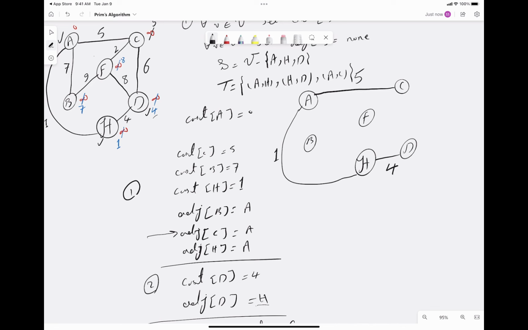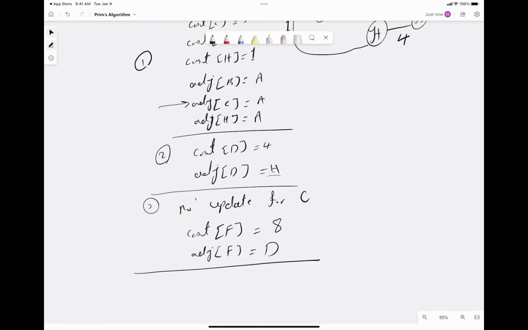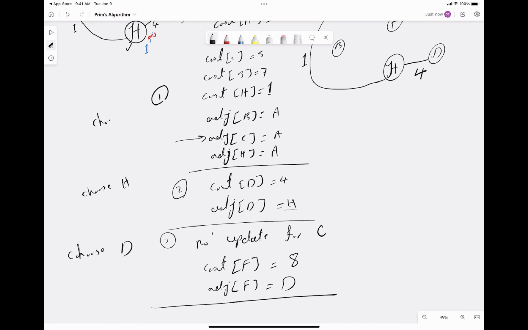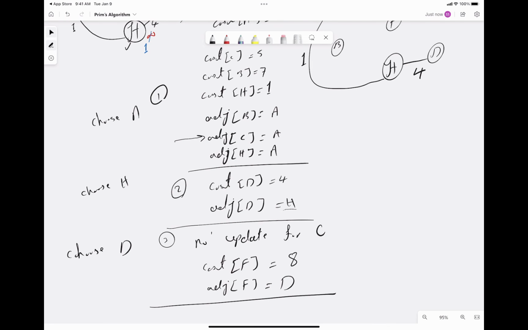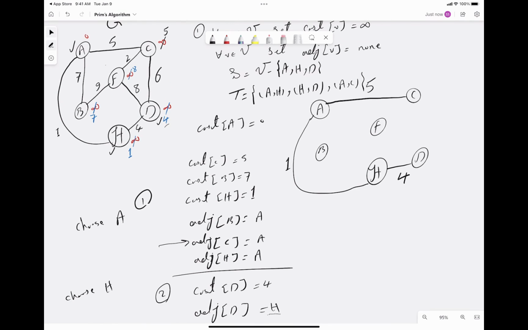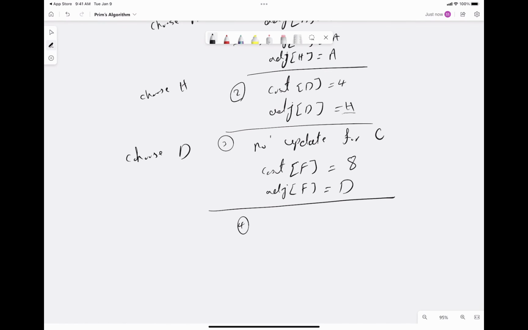So going and choosing the node C. Here we're choosing the node C. It was not bad actually to write the name of things. So choose H. Here we choose D. Here we choose the node A, and now after this one we're going to choose the node C with the cost of 5, and the only neighbor is F. So here, choose